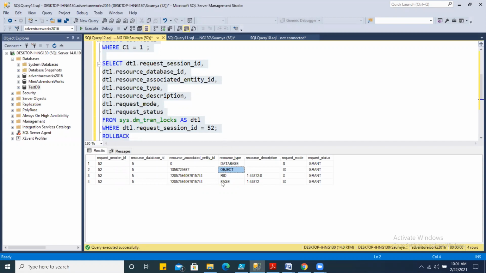Your object represents your table. An intent exclusive lock was requested by this session for doing the delete operation against the table. Actually, we are deleting one row, but that row is a part of your table, so that table is represented as the object here, and it was intent exclusive.